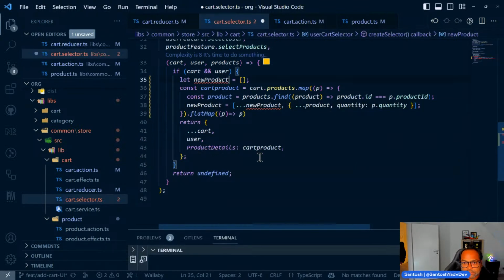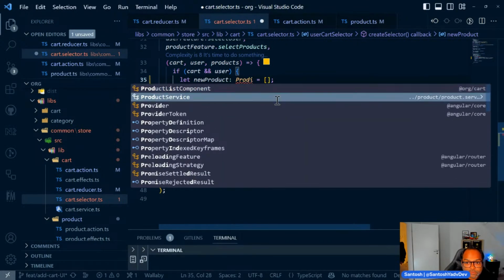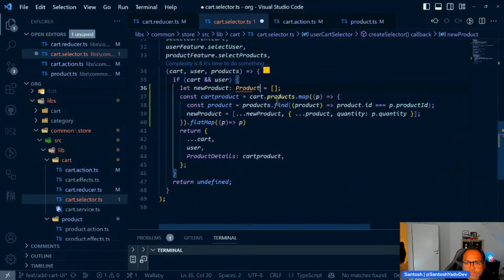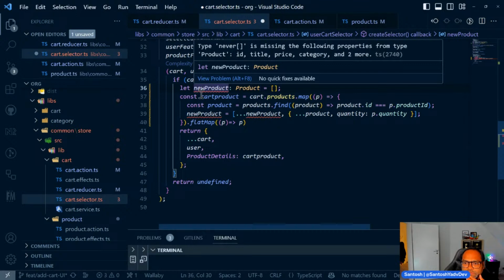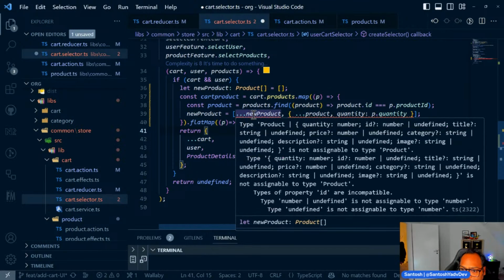So here I'll say this is product array. Let's see. So nothing is missing, but what's missing? Okay, product array and here. Okay, let's see. It says new product, quantity, number,